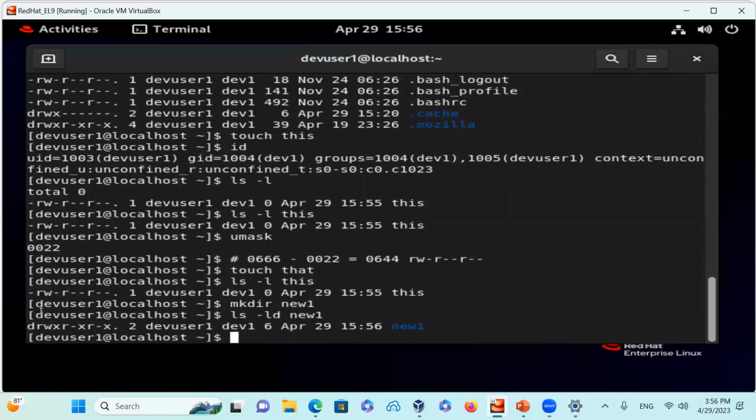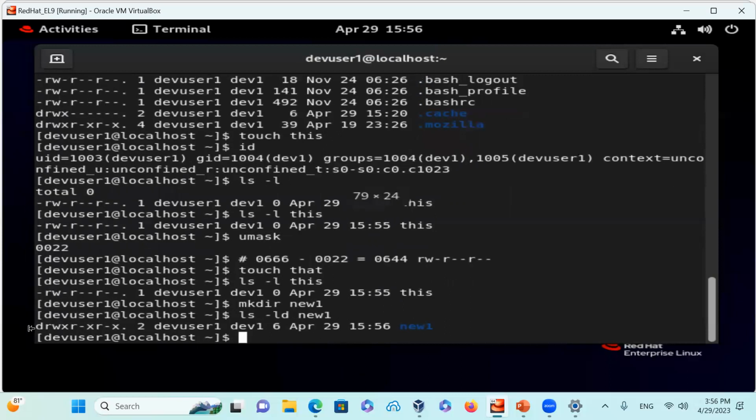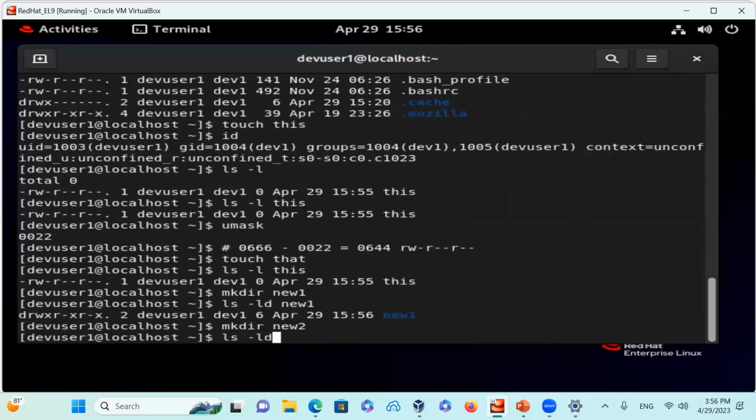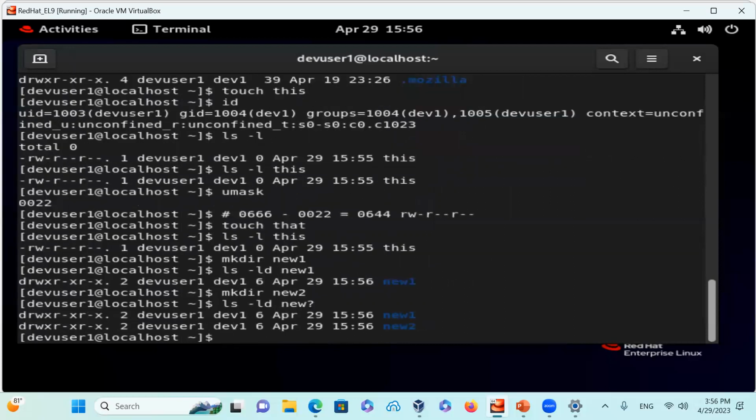Why is that 755? Because the current one is showing a D, meaning it's a directory. Then mkdir new2, then ls -ld new*, you can see that they're both directories. And why is that 755? Because of the umask, 0777 minus umask, which was 0022. And so that is going to be